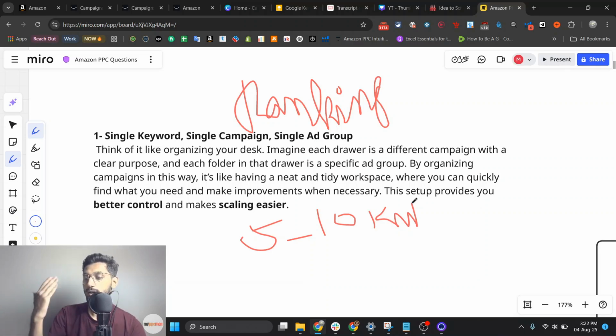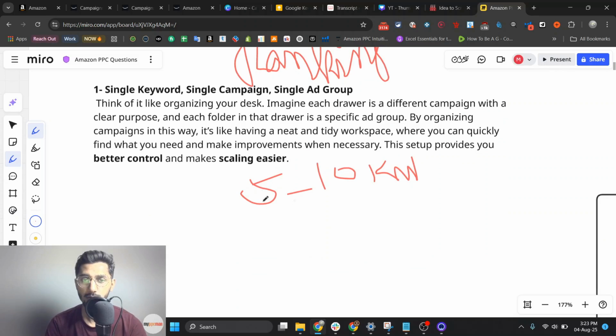By looking at the campaign name and the campaign ad group, I can understand what this campaign and ad group is all about, especially if you have multiple products. So make sure that instead of a single keyword, you can add 5 to 10 keywords. And when you see one of the keywords is bringing most of the sales, you can test it out in another campaign with single keyword, single campaign with single ad group.